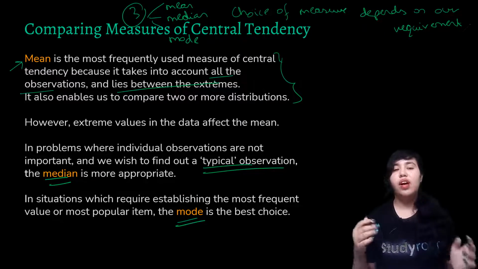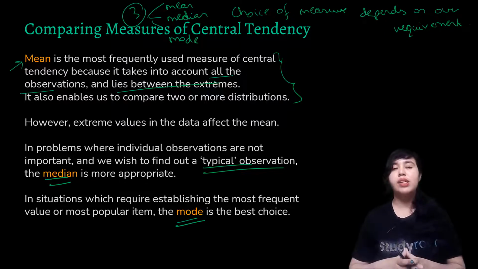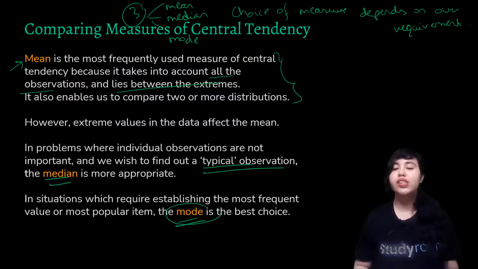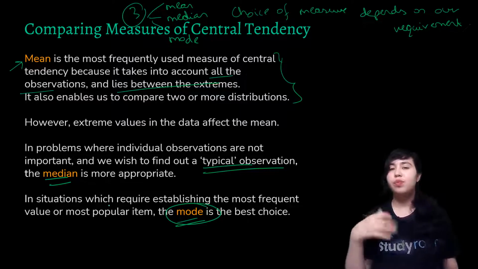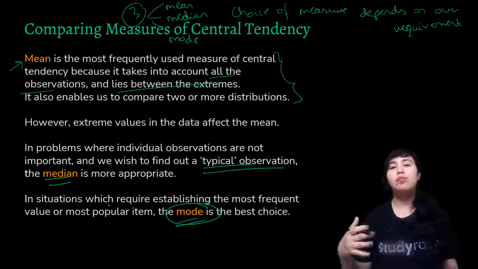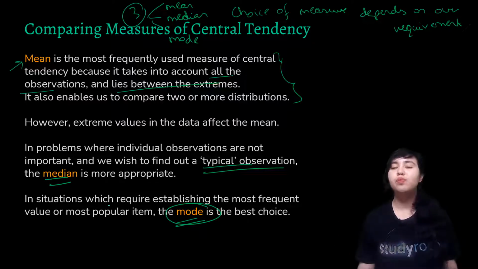Okay. So I'll ask you some questions and you tell me which measure of central tendency you would prefer to use for that particular purpose. If you want to see which TV show is most popular, then you will calculate the maximum frequency, right? So you need to choose mode. Now my next question is, if I give you the marks of a class and ask you to tell me the average marks of the class, then what would you do? You will find the mean.